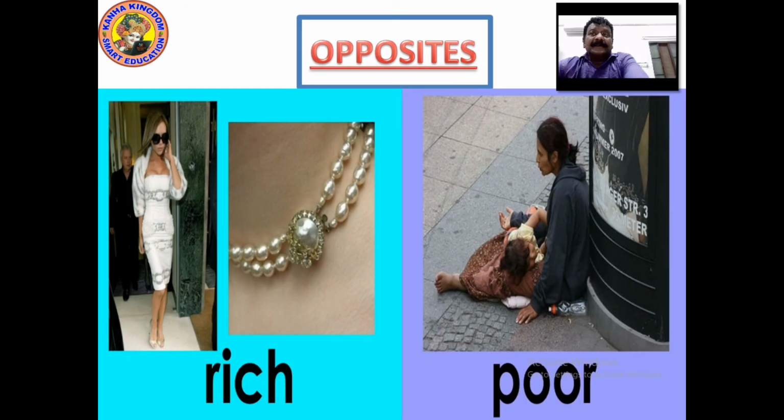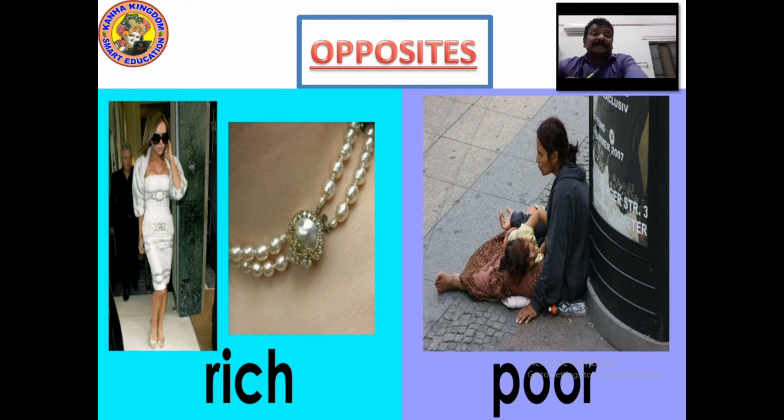Now look at the screens. Rich. Rich is what? She is wearing a necklace of pearls. Right? It's very costly. It's costlier than gold. It's costlier than anything in the world. Diamonds and pearls, these are the costliest things. Then comes platinum. Right? So the rich, how can you identify a rich person? Rich according to their clothes, their way of living and the ornaments which they wear. From that you can make out they are rich.